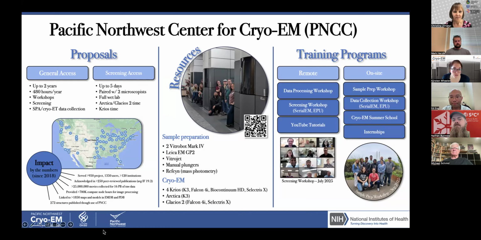The first is a screening access, which allows one person to come on site for up to 5 days of sample preparation and screening with staff. The proposal is aimed at low resource institutions needing preliminary data. The second type of proposal is our general access, which awards up to 480